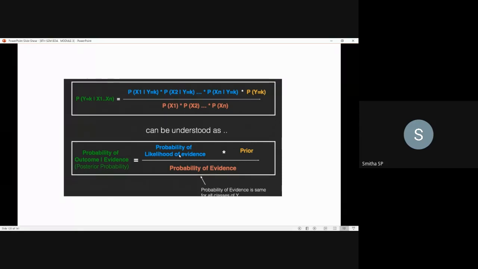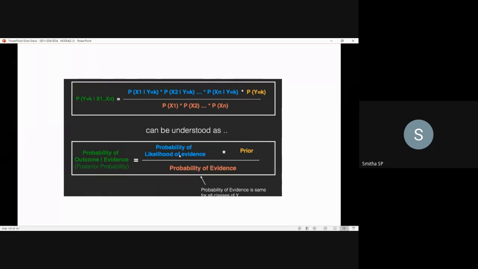It is nothing but the conditional probability of each x given y is of a particular class C. Next, prior, the one more term you can see in the numerator. So what is this prior? The second term is called the prior, which is the overall probability of y equals C, where C is a class of y. In simpler terms, prior is equal to the count of y equals C divided by n records.